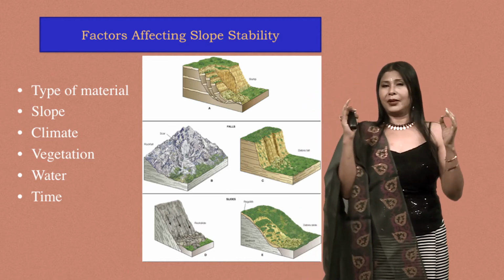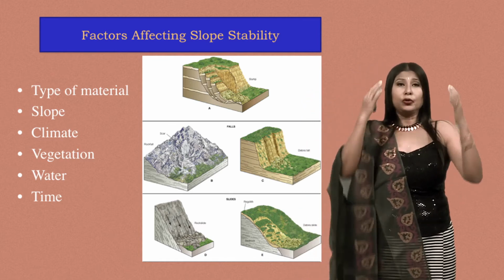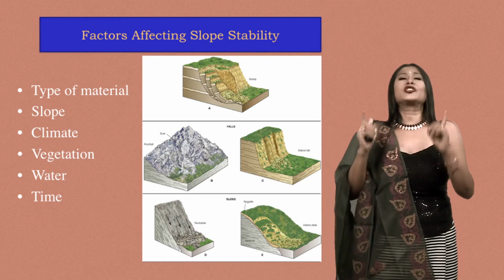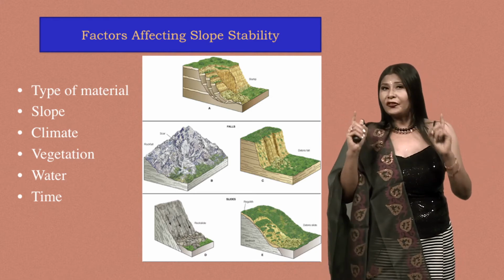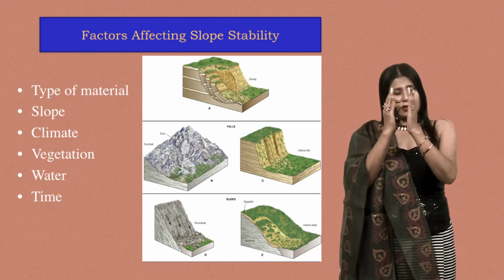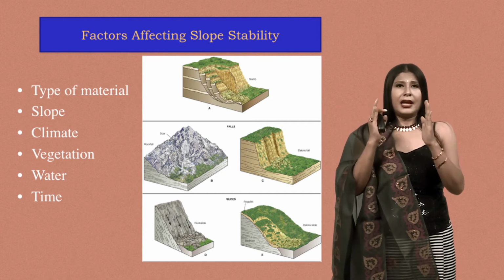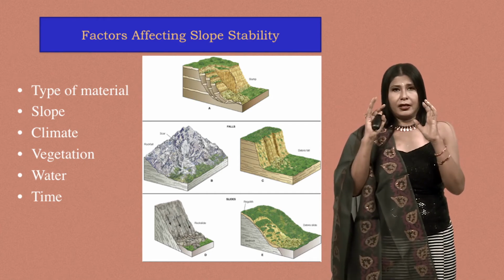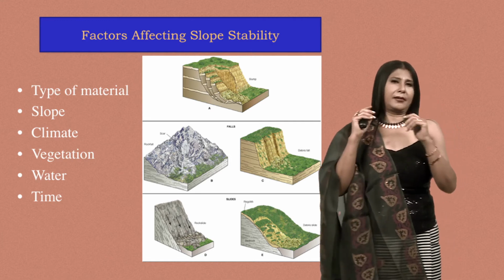So, now you tell me which mass movement is going to pull a huge rock down slope? It is not possible. It has to be broken or it has to be softened. The joints should be widened. So, it means some part of weathering should have happened on that. So, what type of material? And not only that,